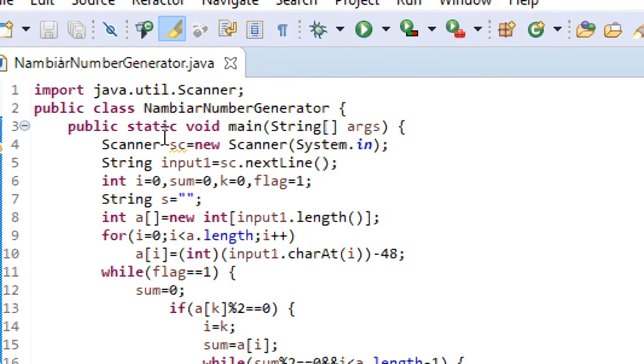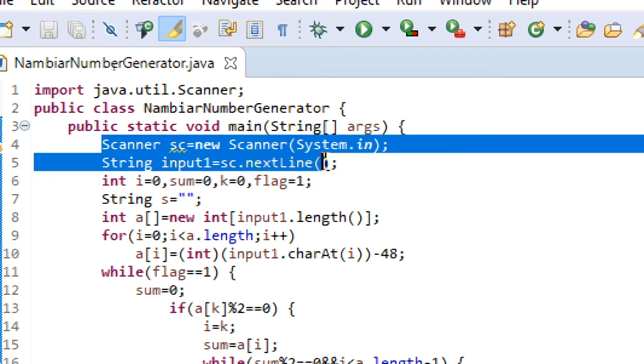And this is what my code is. Here you can see that in the logic building problem of a company, you are not going to read any input like this. It's only for showing you on my desktop that I have read the input. In real time you are not going to read any input. The input will be directly given to you in the form of a function. You just need to write your own logic and then return the final result. So these lines will be avoided for you.